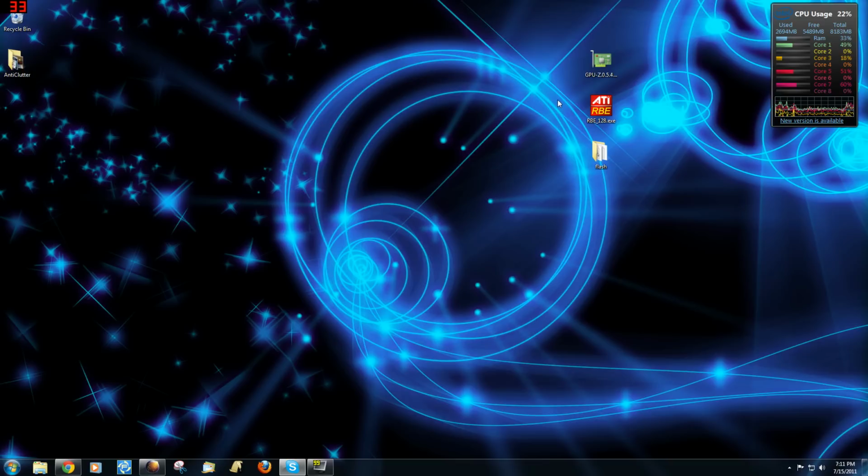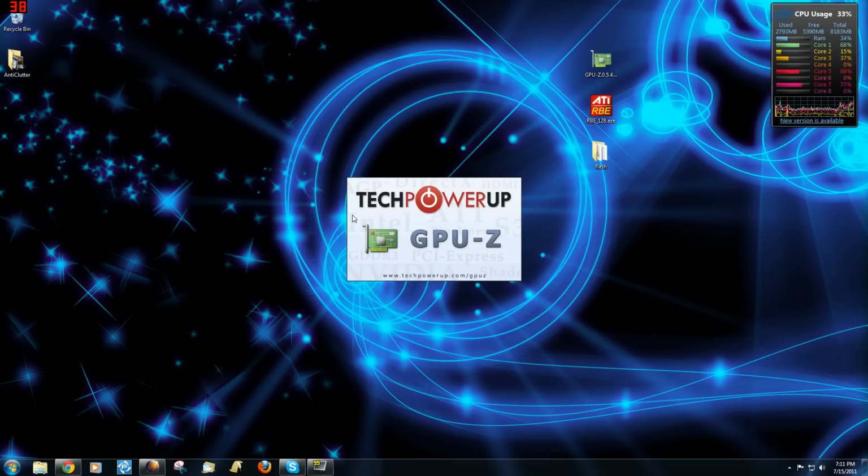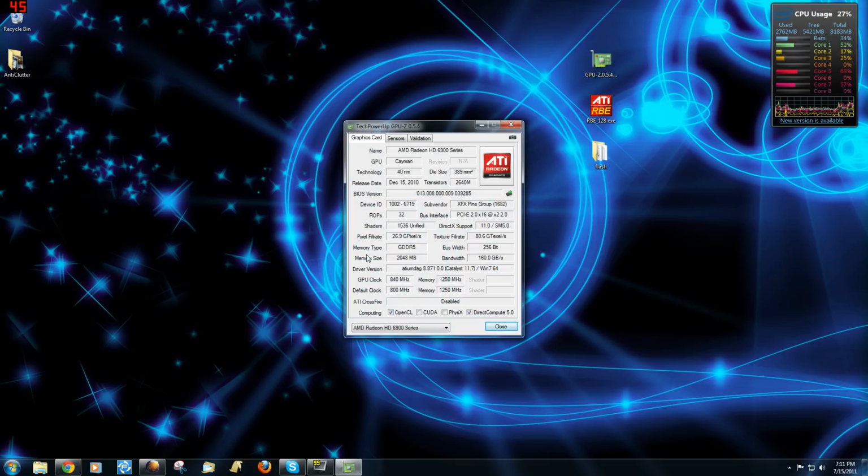And basically, after you do that, and you do have to restart, sorry, I wasn't sure before, but you do have to restart. I verified it. So you're going to be able to open up GPU-Z again and see that you now have 1536 shaders. So you now have all the shaders of a 6970 card